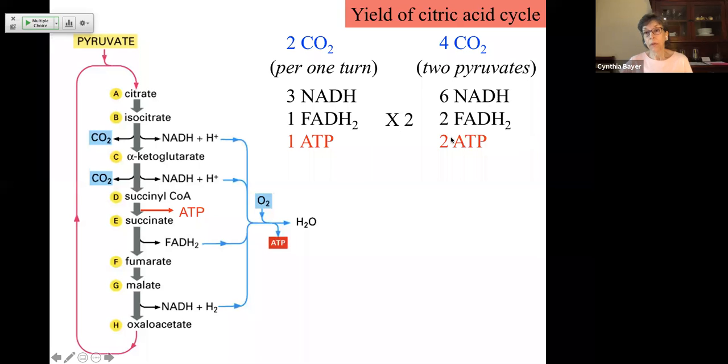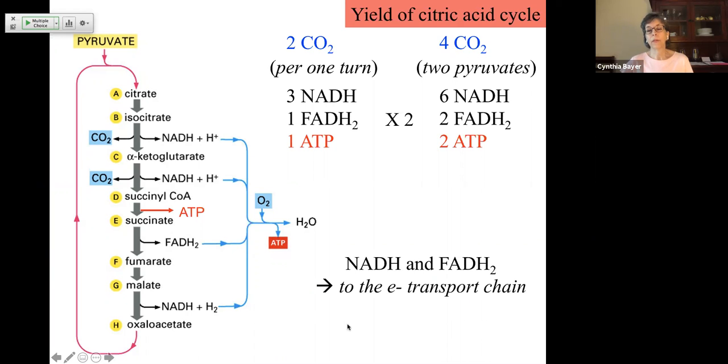So what are all of those electrons in those electron carriers? Where are they going? What is the purpose of the citric acid cycle? Why is the cell going through all of this trouble in the matrix of the mitochondria to generate all of those high energy electron carriers? What we're going to see next is that all of those electrons carried in the electron carriers will be used to generate ATP in the presence of oxygen. So our next step is transfer of all of those electrons to our electron transport chain,